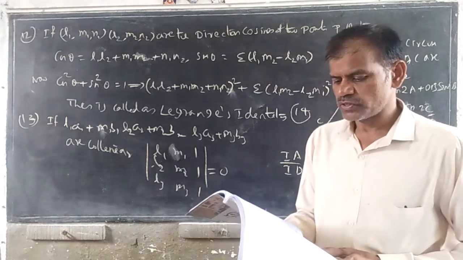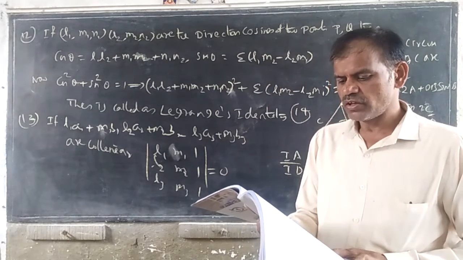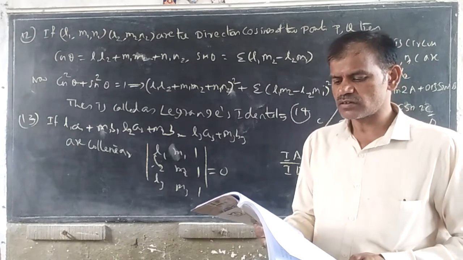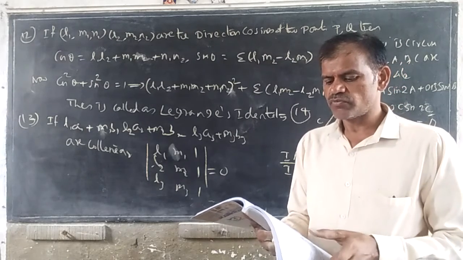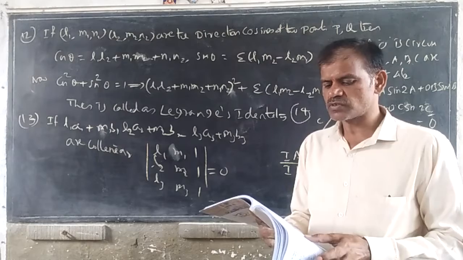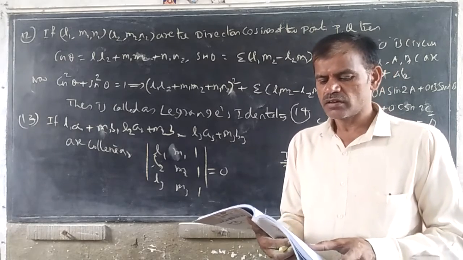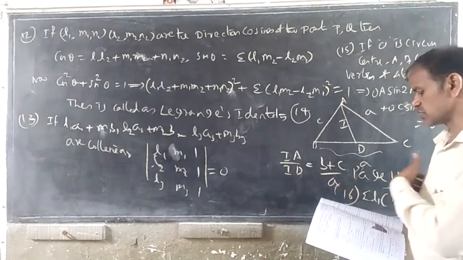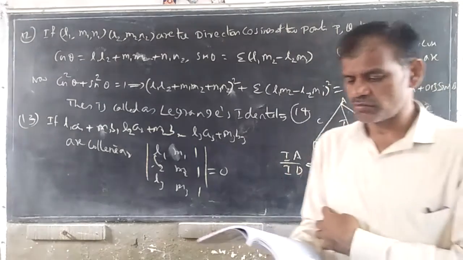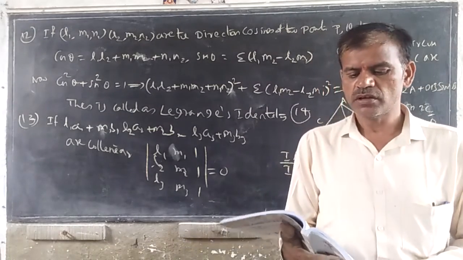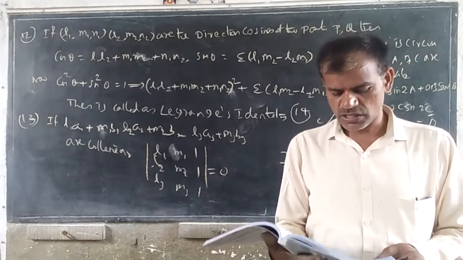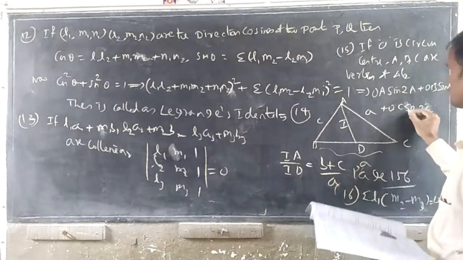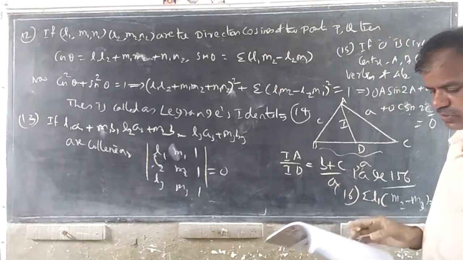Now 21st question. In a similar way, if I is the incenter, the center of the circle inscribed in the triangle, then modulus of BC into IA plus CA into IB plus AB into IC. So it is also a null vector. The answer is 0 bar. This is the 21st question of theory bits.